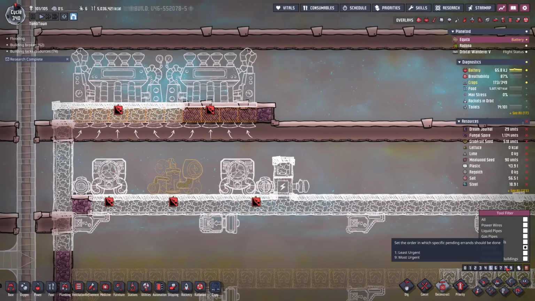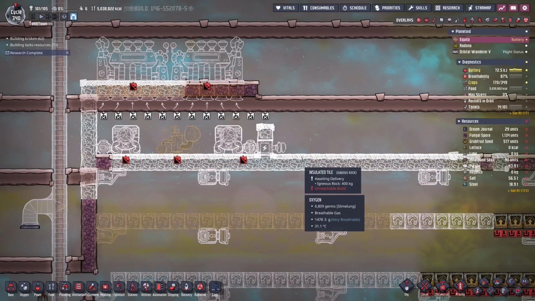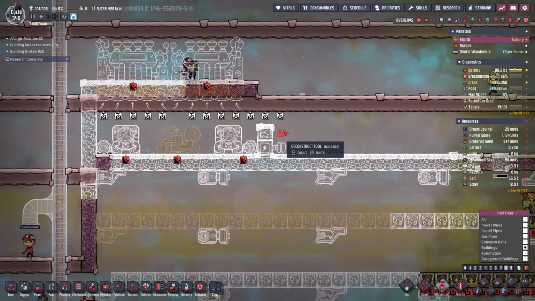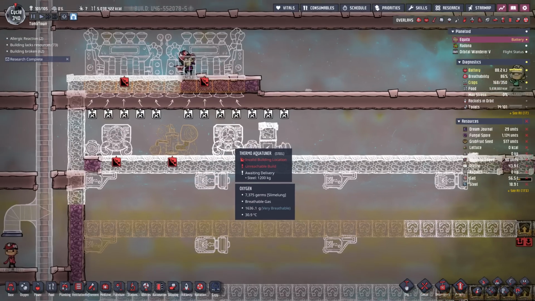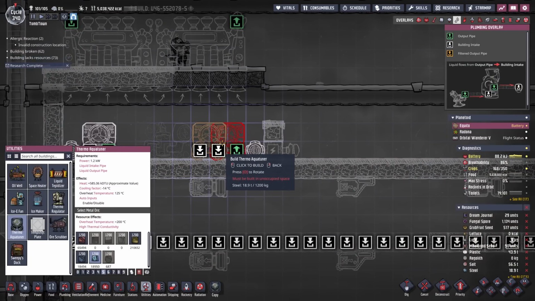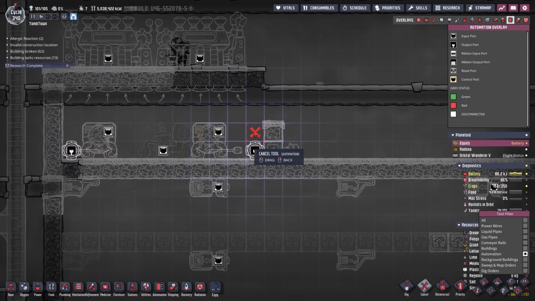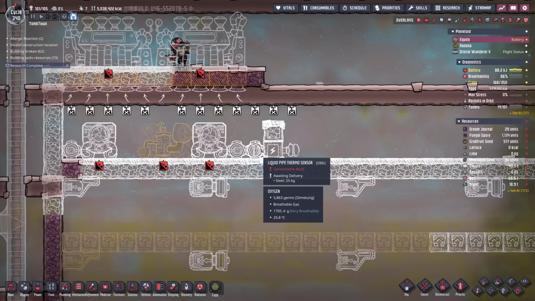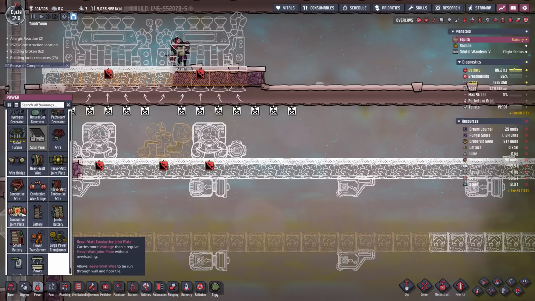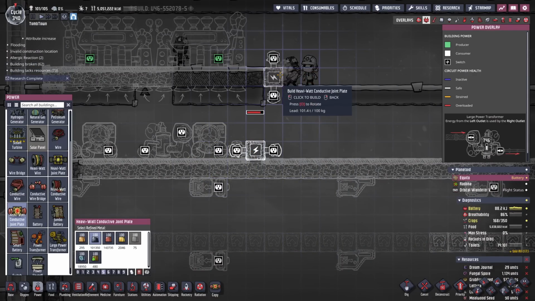I need deconstructs, buildings, high priority, that to go. Which I don't think the dupes can reach now. Alrighty. Hang on. No. You're now in the wrong place. Okay, try that again. Heavy watt joint plate goes there, because that's the end wall. Also would go... Well, that's actually...